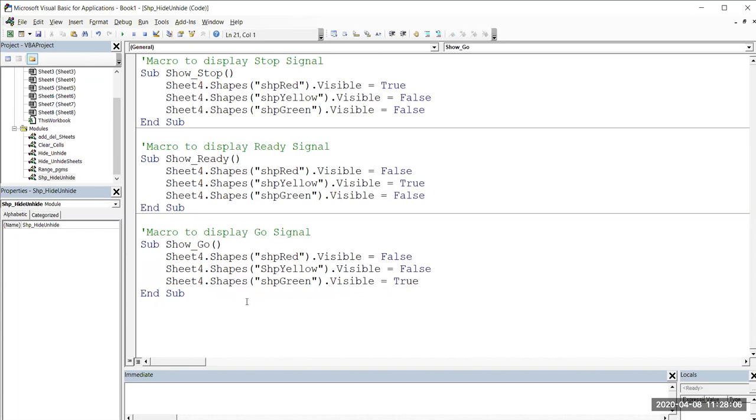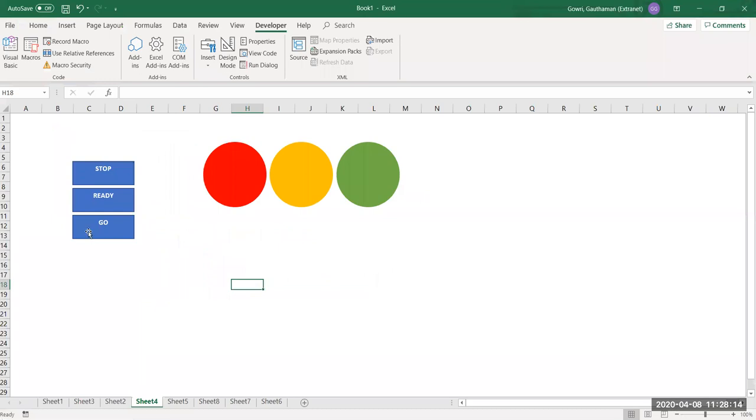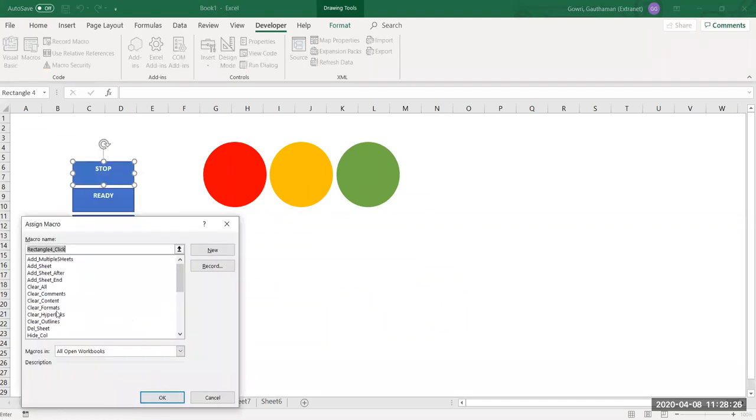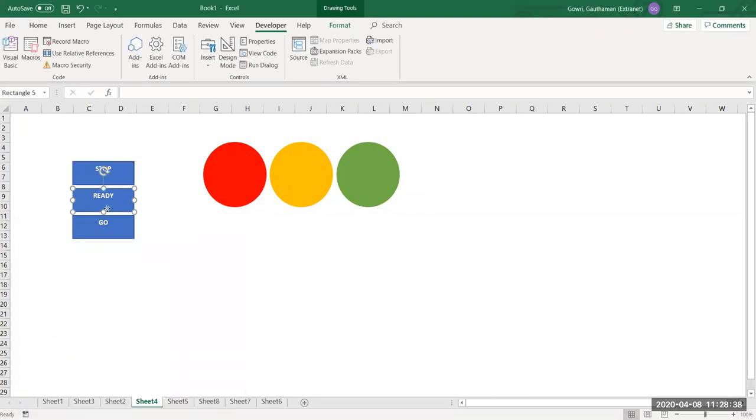So now we are done with these three programs. We have to assign them to those shapes that I have given here: stop, ready, and go, so that when I click on them, the macro will execute. I'll right click on it, assign macro. I'll say show stop. So when I click on the stop button, I want only the red shape to be visible to me. So I'll say show stop,